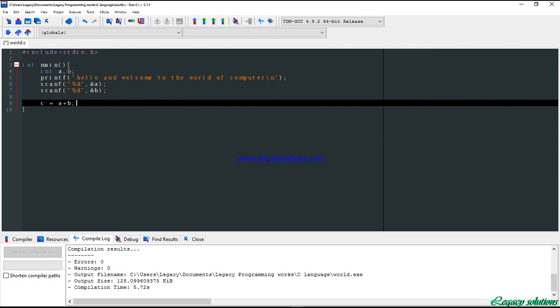At the end, you have your semicolon, and you save your work. This equal to here is not the normal equal to you know about. It stores any value it gets from the right hand side and puts it into the left hand side. So if you have c equal to a, it means any value a has will be put into the left hand side,